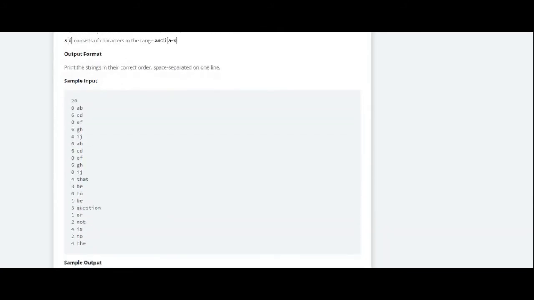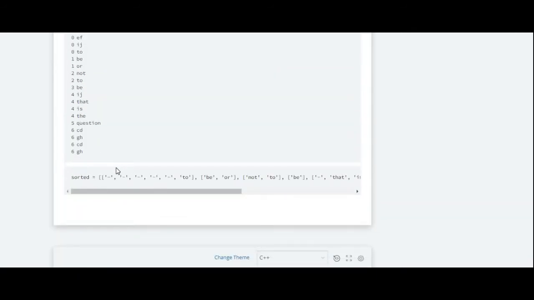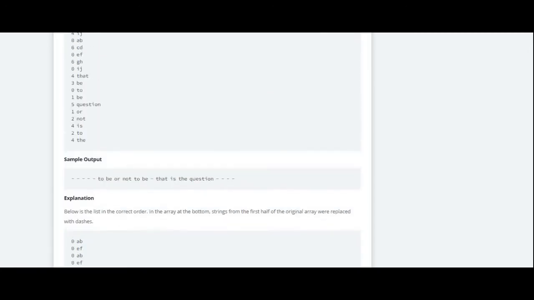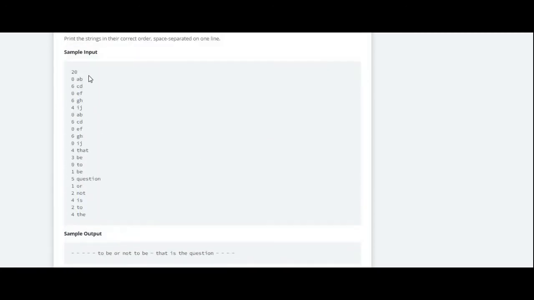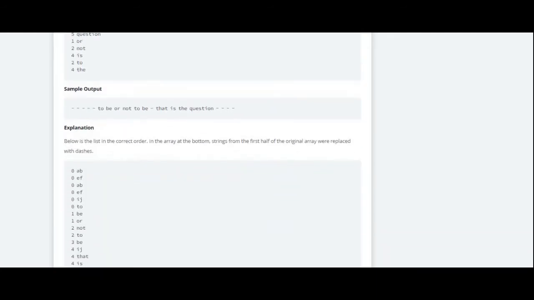What they are asking us is that the first half of the given input would be replaced by a dash. All these dashes are the ones converted from the given first half. So let's say for this example, the input size was 20. So the first 10 inputs would all be converted into dash, and as it's a key-value pair, we have